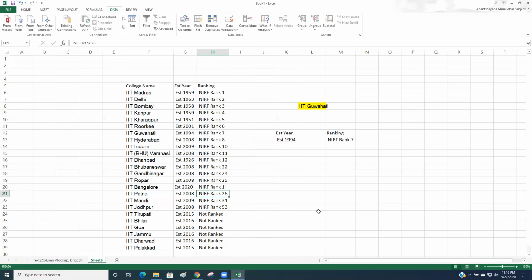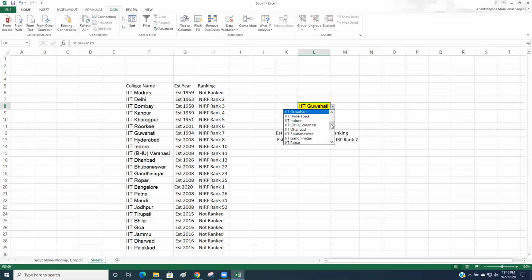I'm from Bangalore, so I want my IIT Bangalore to be in first rank. This is my personal opinion. For demo purposes, let's keep it as rank one. You just choose that, and IIT Bangalore will appear dynamically because you inserted that row in between the range.